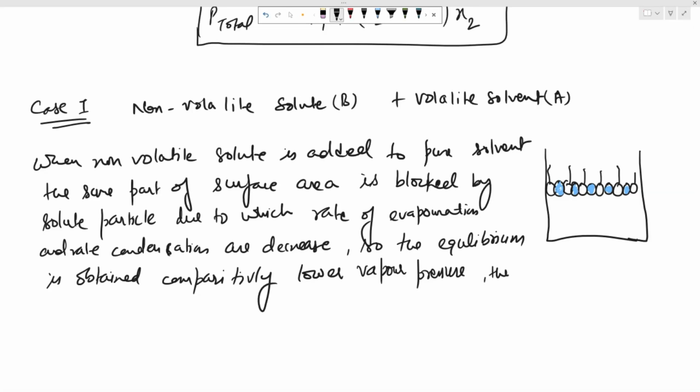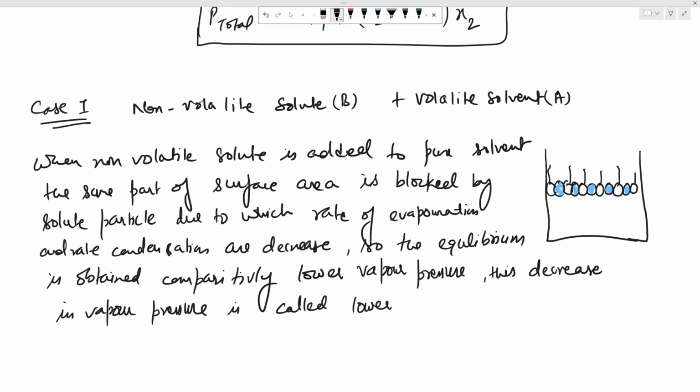This decrease in vapor pressure is called lowering of vapor pressure,